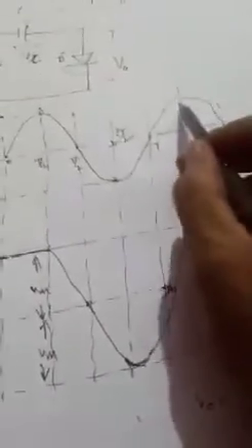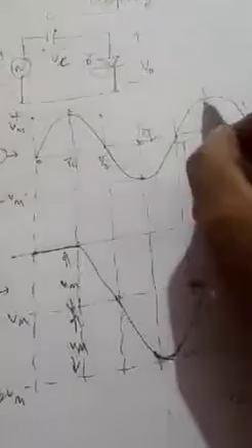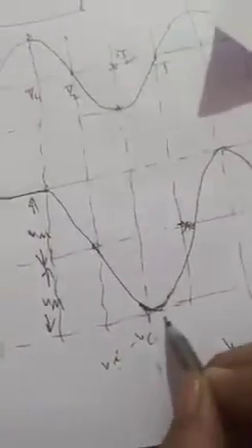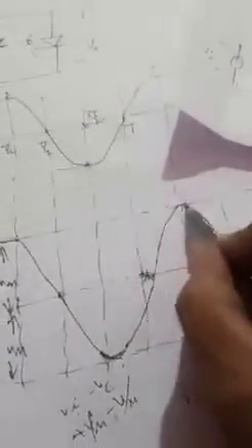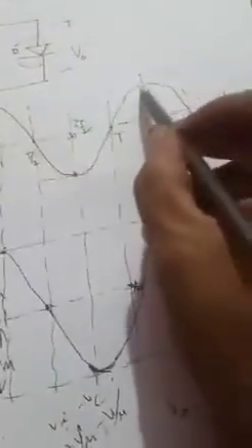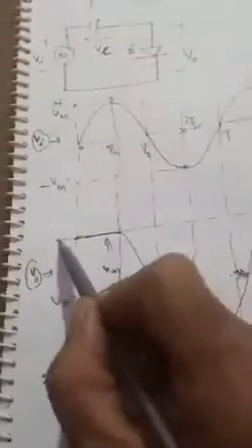Next, at time t equal to T by 2, again this value. And what is this value? Input voltage is equal to plus Vm. So substitute input voltage equal to plus Vm. V naught is equal to Vi minus Vc. This is plus Vm and this is Vm. So 0. Again this value is equal to 0. That means when it reaches this value, the output is equal to 0.